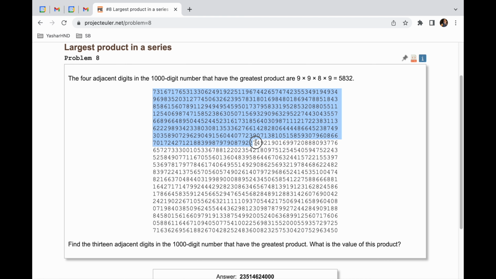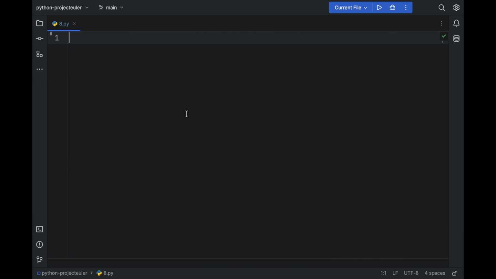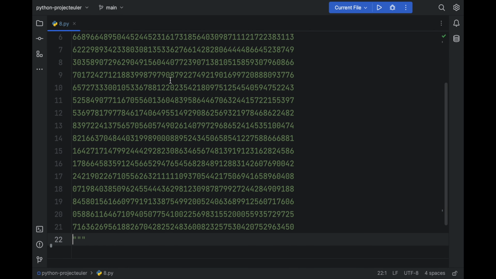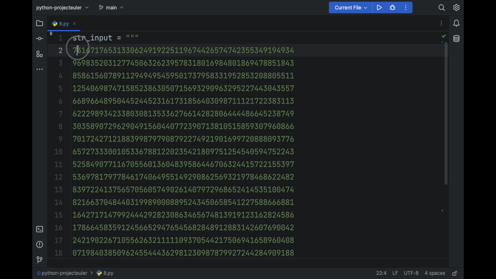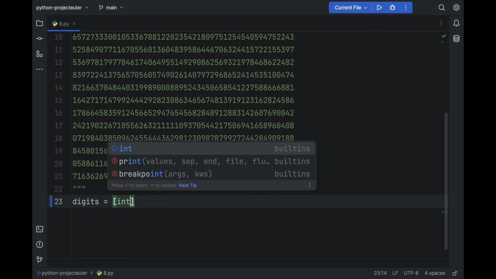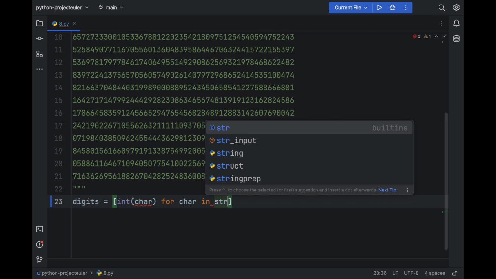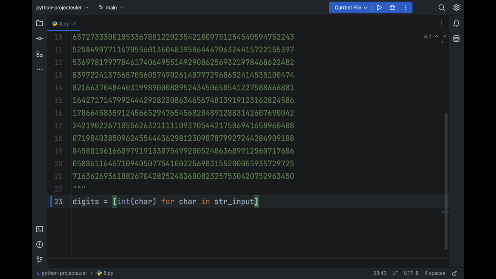So first, let's copy the string input. So we say str input is this one. Okay, now let's convert all of these values to digits. So digits are integers: int of char, for char in str input. I believe that should be it. Let's print digits